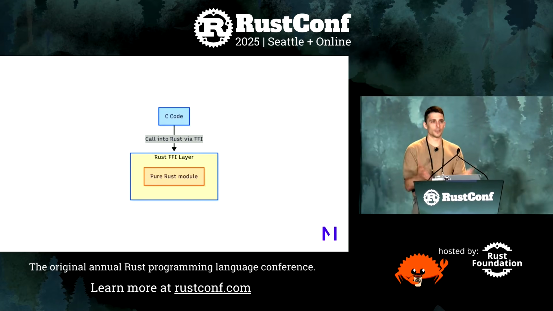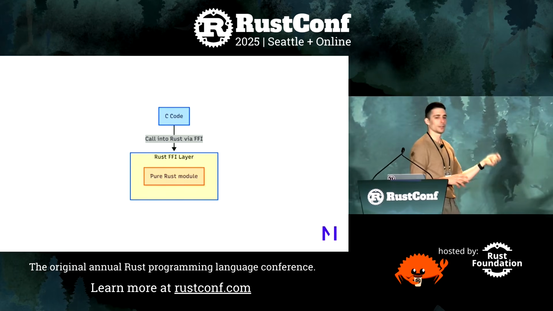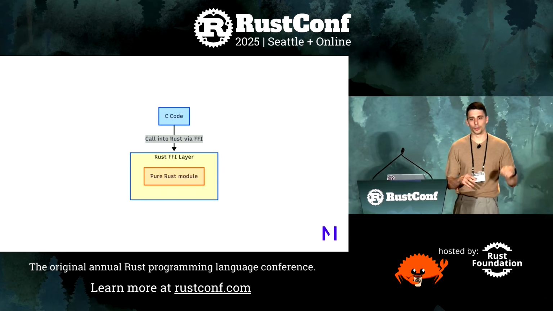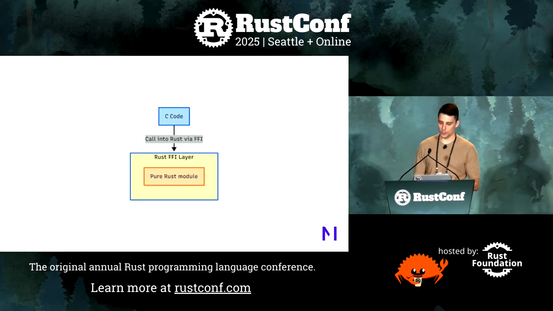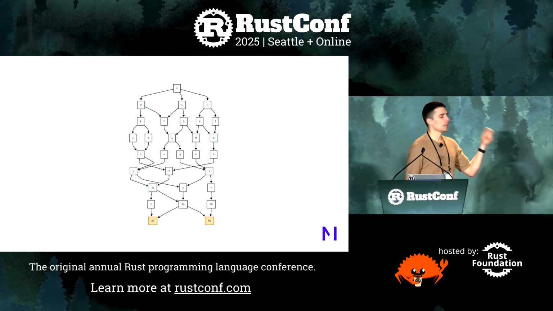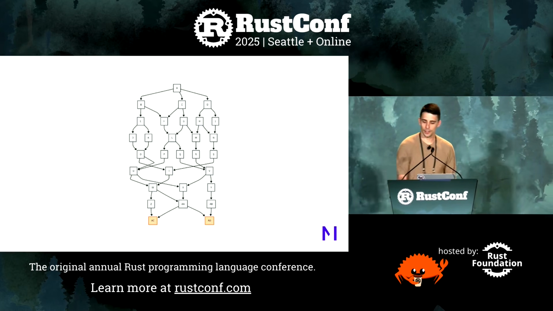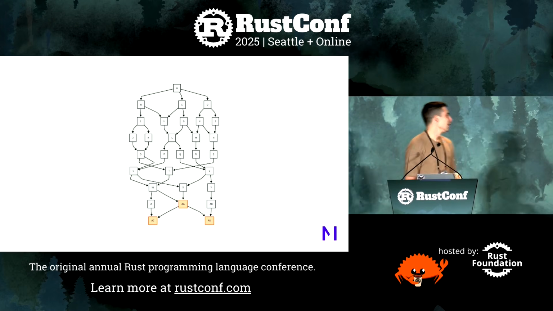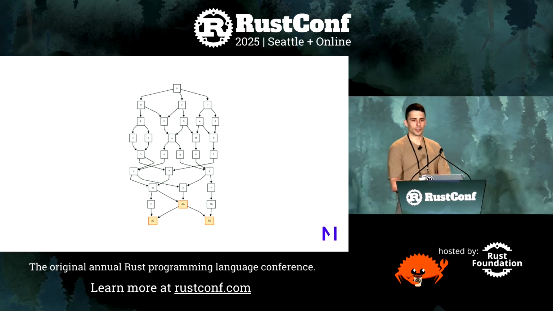So a layer of C-compatible types and C-compatible functions that allow the rest of the C code to consume the new Rust module, usually through a header file that's been auto-generated by something like cbindgen. You do this for AC, then you do this for AD. Now, AA, that used to depend on 2 C modules, now depends on 2 Rust modules, which means you can port it over to Rust too. Rinse and repeat many, many times, and eventually the whole graph is orange,